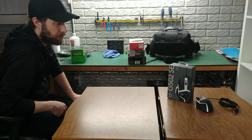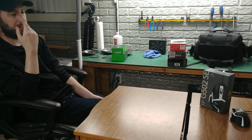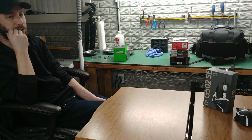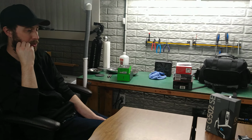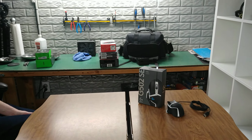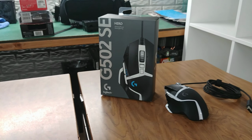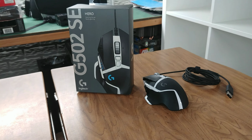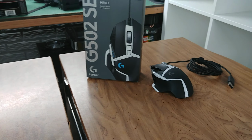The 3360 is just not as energy efficient as the Hero sensor. Yep. So yeah, it's probably the same battery. I can imagine. It's just sadly they slapped an SE on there and it wasn't this. And I think what they were trying to do is just get rid of old stock that they had kicking around. But you gotta remember that was still 50% off. So that was still like a $150 mouse. Yeah. Knocked down to $100, 50% off. So it was like a $50...